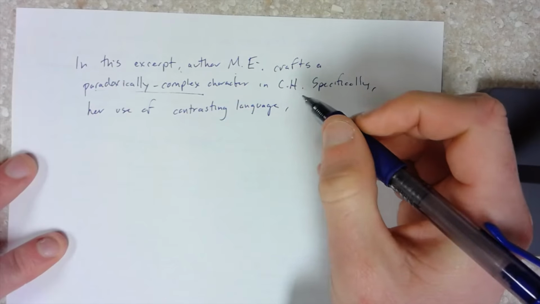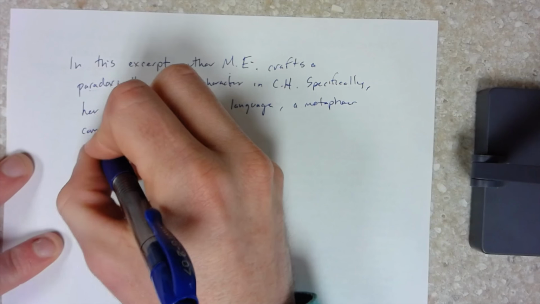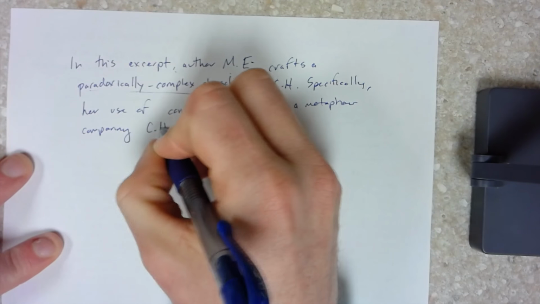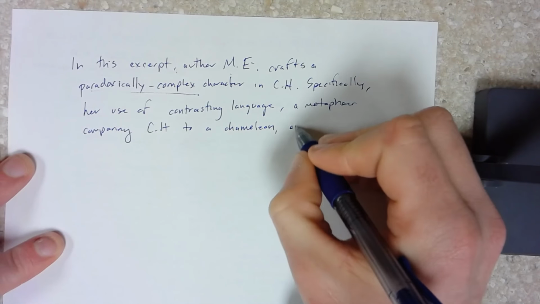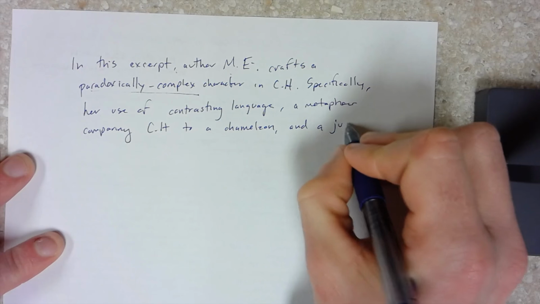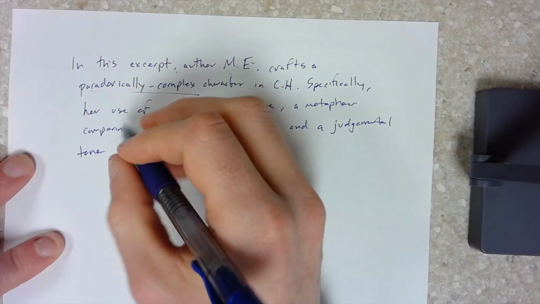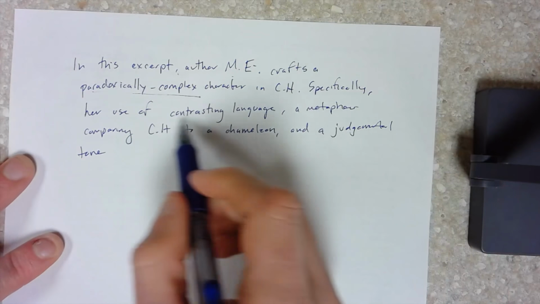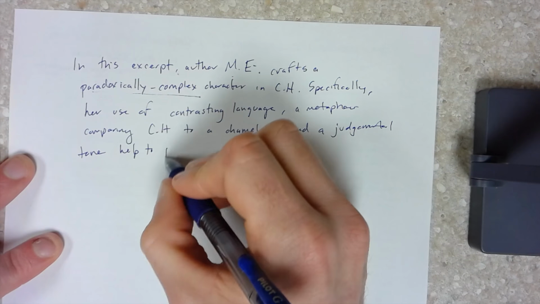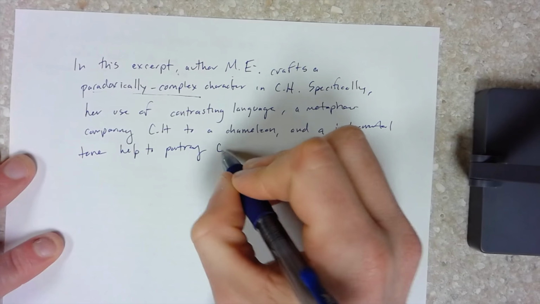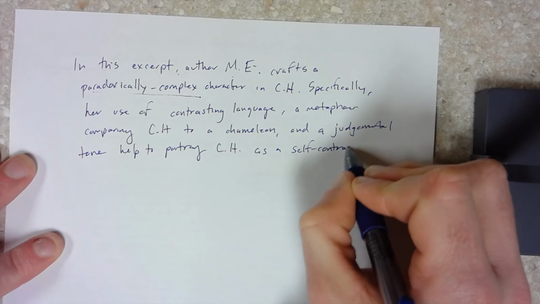All right, it's my first literary device. A metaphor comparing Clarence Hervey to a chameleon. And a judgmental tone. Her use of contrasting language and metaphor and a judgmental tone help to portray Clarence Hervey as a, let's say, self-contradictory